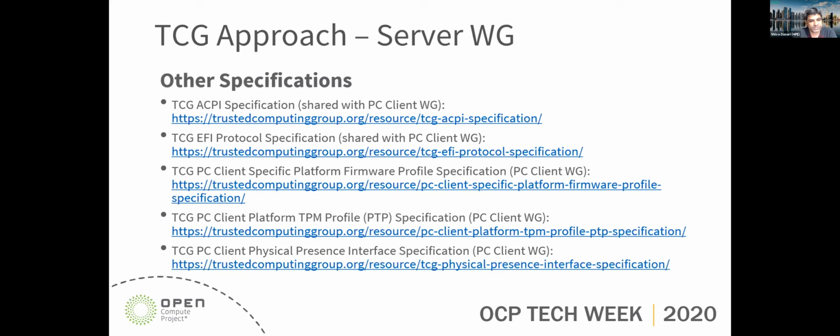And similarly, the third one, the PC client specific platform firmware profile specification, documents how to handle TPMs that are on the host side. The server work group, or servers in general, leverage that spec.